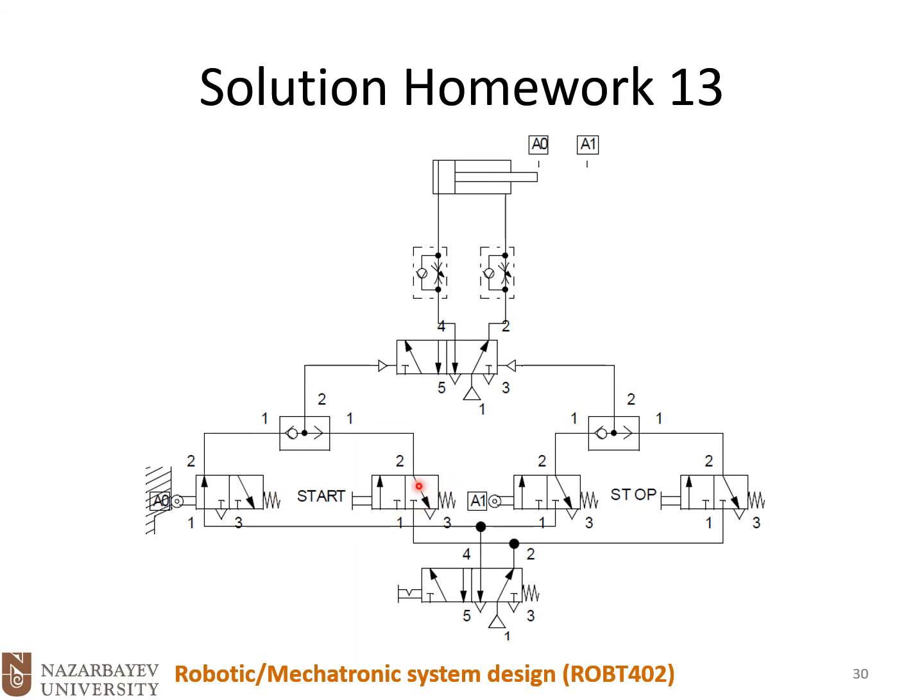So on the manual mode, we have this start and stop button. And once we press the start, then the cylinder will move forward, and once we press the stop, it will move backward. And in the automatic mode, these two secondary valves will be in charge of changing the direction of the